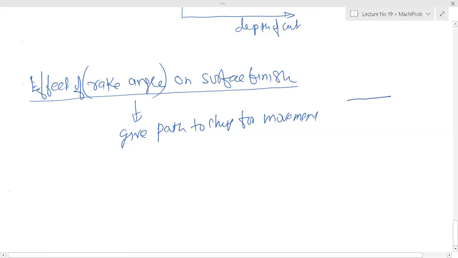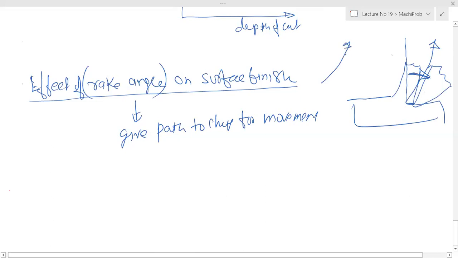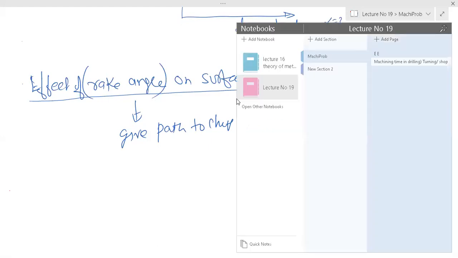You see from here, if this angle increases, this chip flow direction will be like this, like this, like this. Right now, first 1, 2, 3. So this 3 is having the higher rack angle. Higher rack angle means it is having, suppose, 10 degree, and this alpha is your 5 degree, and this alpha is your 3 degree, right?